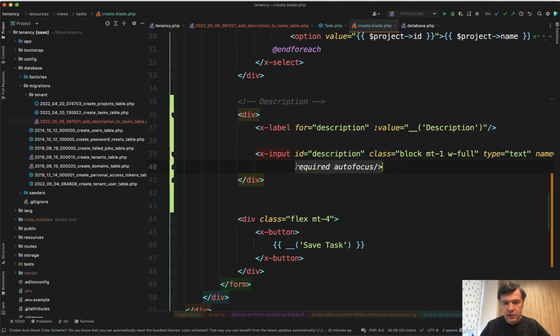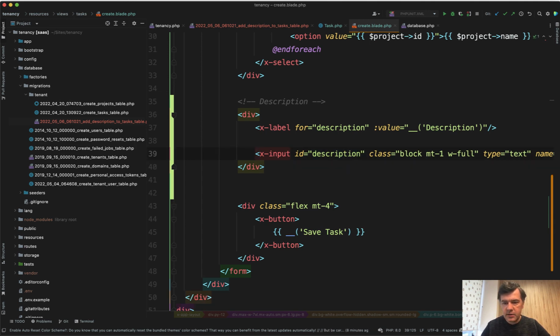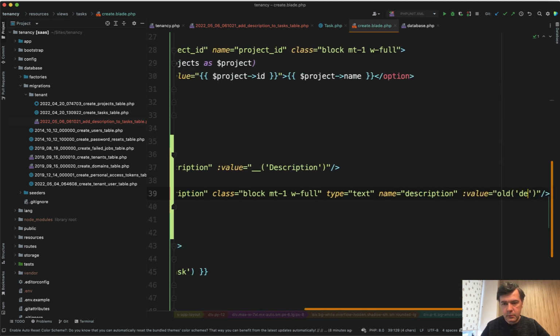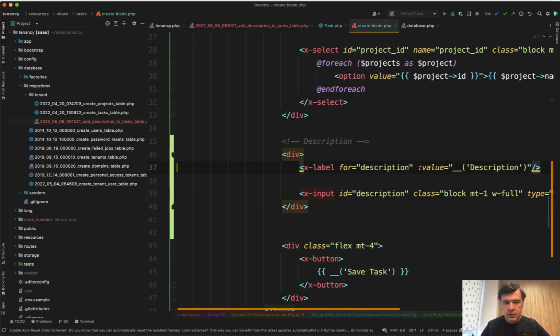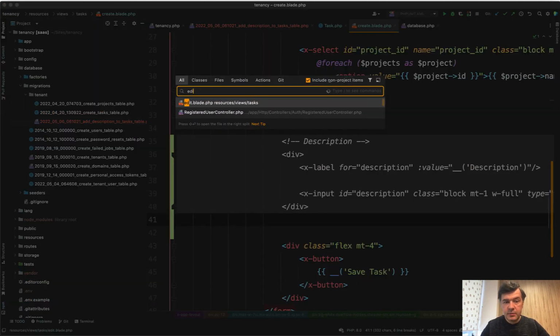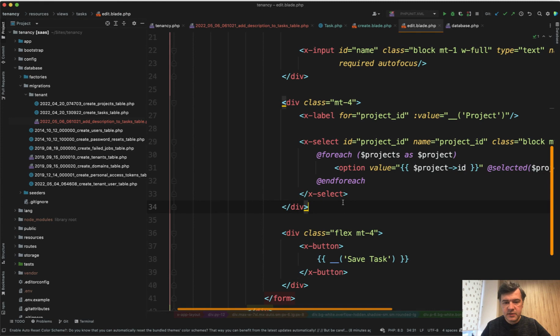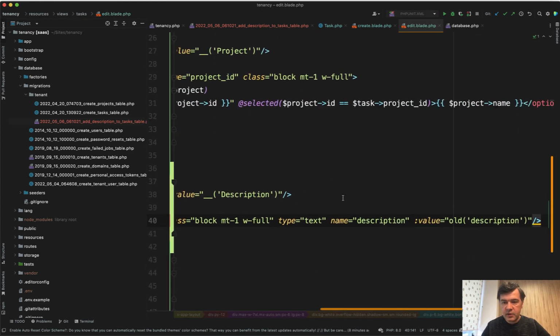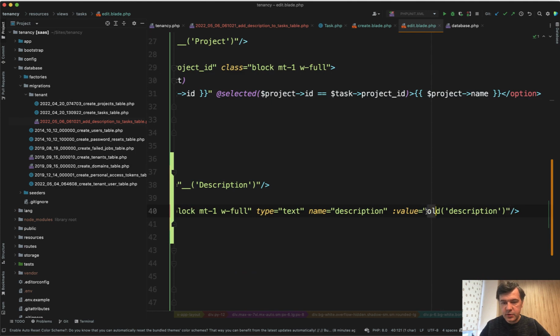No required and no autofocus in that case. Like this. Let's just copy and paste the same thing into the edit blade of tasks. So we paste and just change the value to task description,